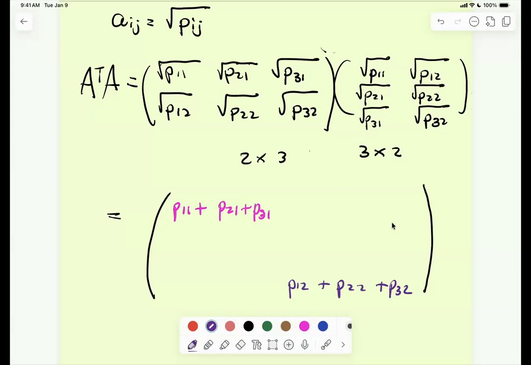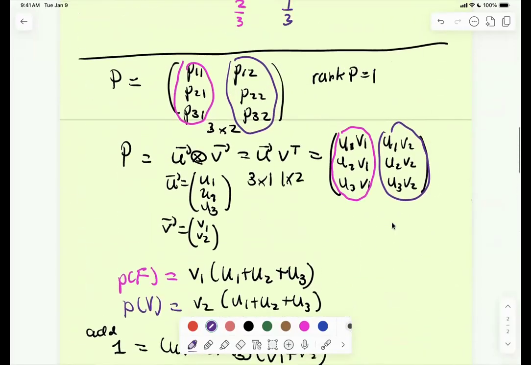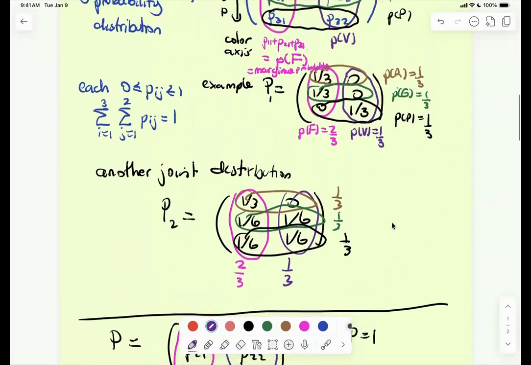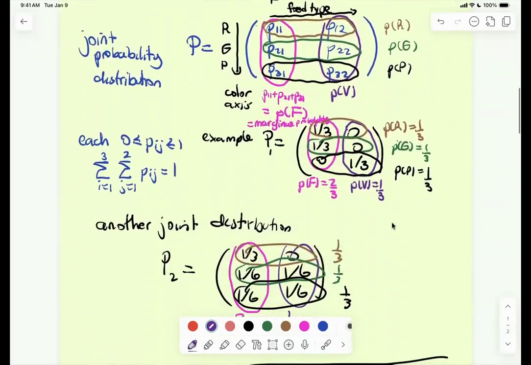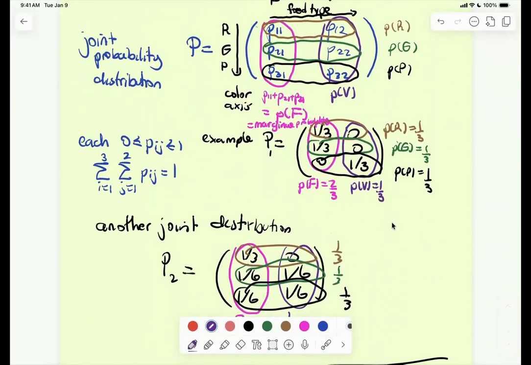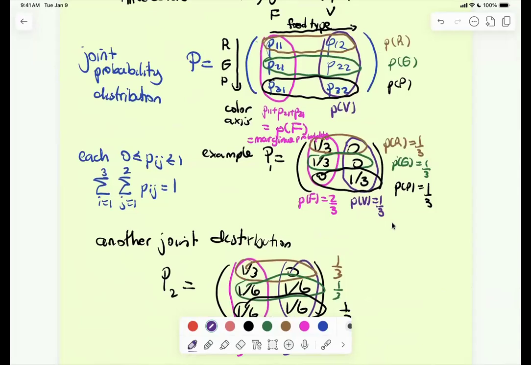Okay, so this number is the sum. It's a number that we already saw. If you notice here, what are you changing? You're changing the I index, right? Changing 1, 2, 3, but the column index is being fixed. So that is actually the sum. Where do I have it? That is the same as this one. So that's the marginal of getting the fruit, right? The first one, and the other one is the marginal of the vegetable.